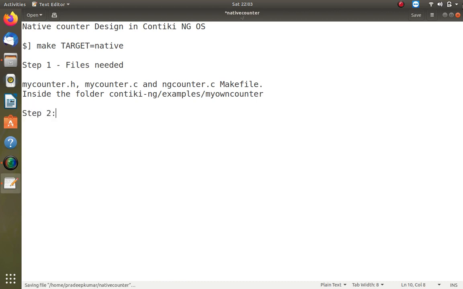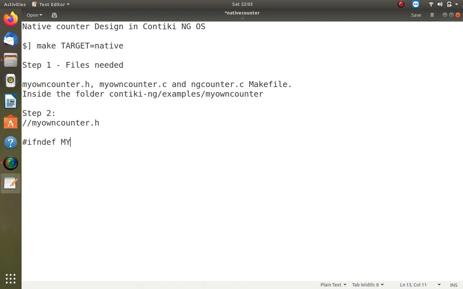Step number two is first I need to define my own counter. So let's say I use myowncounter.h, a little bit longer name, and here we have myowncounter.c. Now the syntax here is #ifndef MYOWNCOUNTER_H, that's a macro, then #define MYOWNCOUNTER.